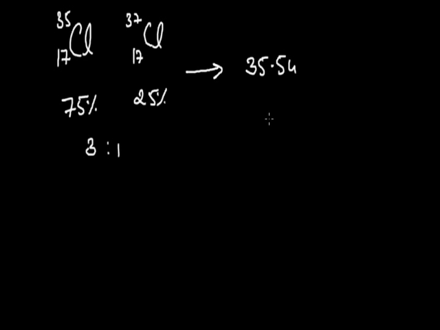And now the standard representation for chlorine atom will be chlorine 17 with a mass number of 35.5 AMU. So that is about the isotope of chlorine. We can take one more example, that is the isotope of boron. Boron is found in two isotopic forms, boron 10 and boron 11.